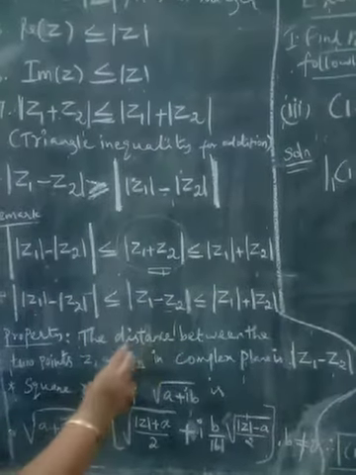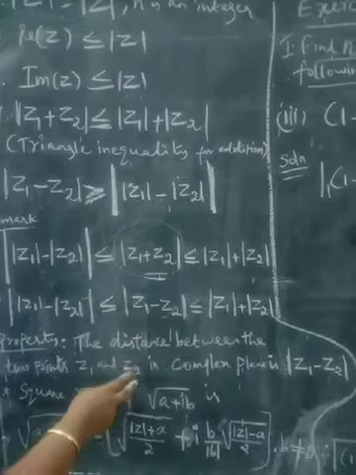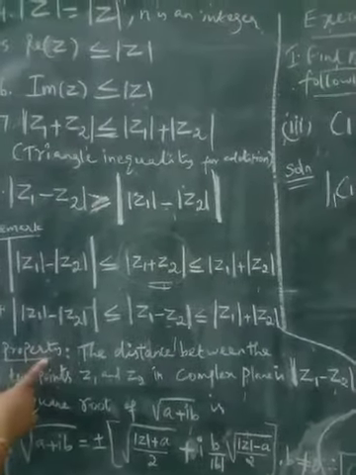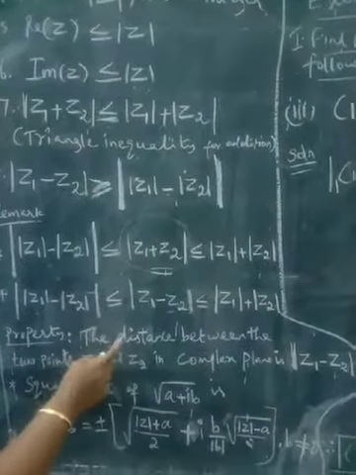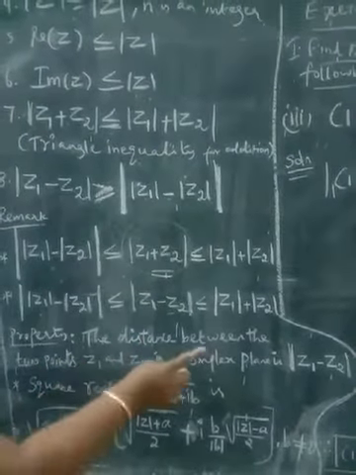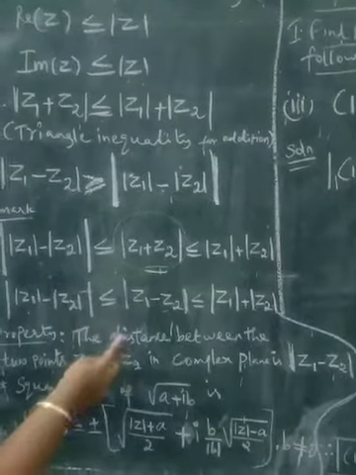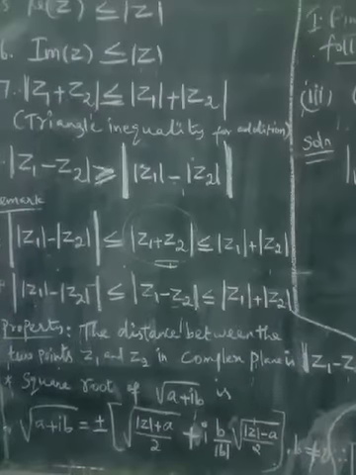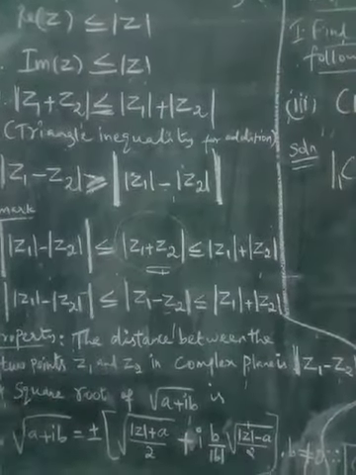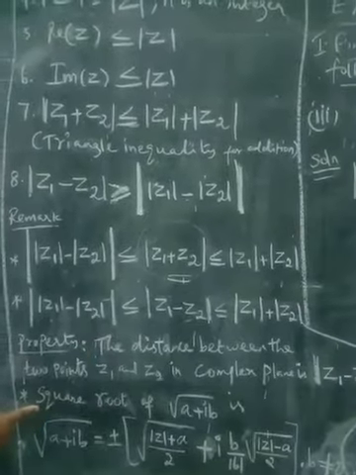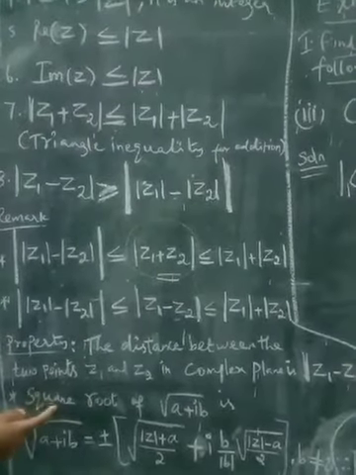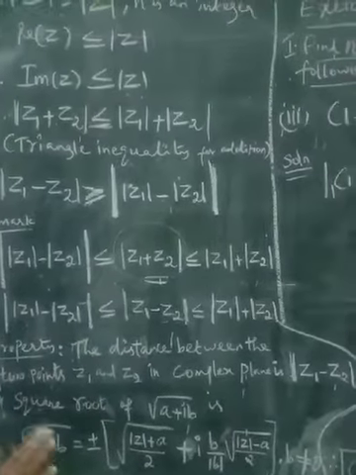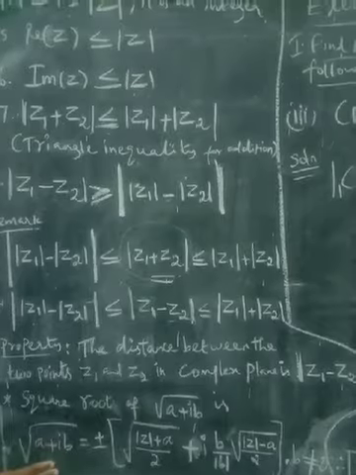The formula for the distance between the two complex numbers or 2 points is mod z1 minus z2. This also you should know, because this formula we are also going to use in an exercise problem. Just recall it carefully. The distance between the 2 points z1 and z2 in the complex plane is mod z1 minus z2. And this is a very important problem, because the last problem of exercise 2.7 is based on this formula. Just memorize this formula and directly apply it. Whatever A and B are, you will get the answer.